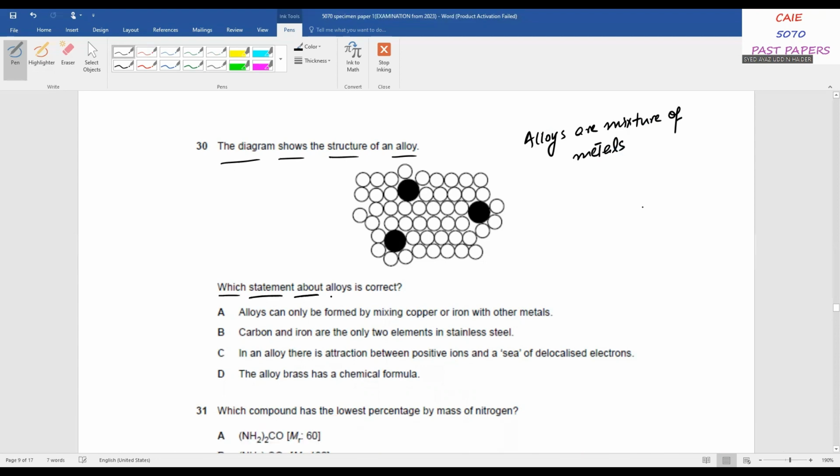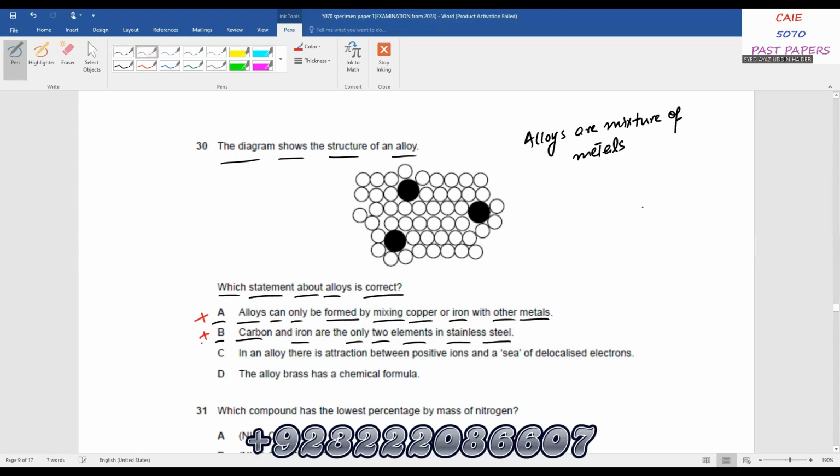Which statement about alloys is correct? A. Alloys can only be formed by mixing copper or iron with other metals. This is wrong. You can make alloys involving other metals, even non-metals also. B. Carbon and iron are the only two elements in stainless steel. Again, this statement is wrong because you can even have other elements or metals in stainless steel like nickel, manganese,